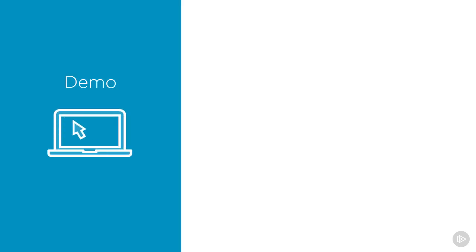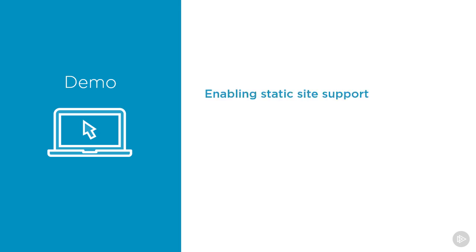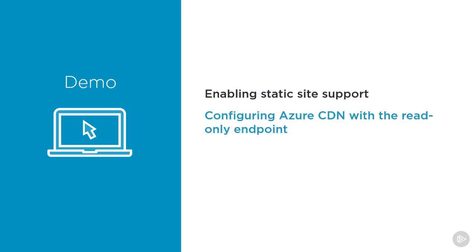There is a new experimental feature in Azure Storage that suits our course demo scenario quite well, and that's the new static website preview. Unlike the other authentication methods covered in this module, this feature does not use shared access signature tokens, but instead is designed specifically for read-only website scenarios, which is why I've included this feature in the security module. In this demo, we'll enable static website support on our storage account and then configure our CDN to